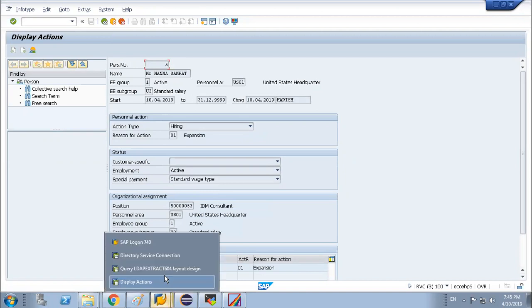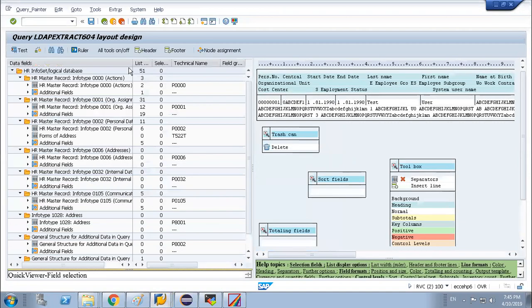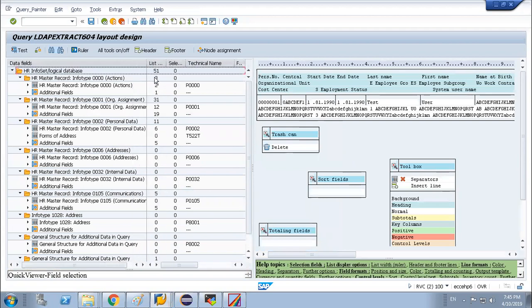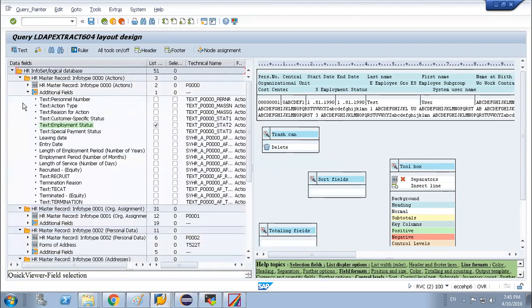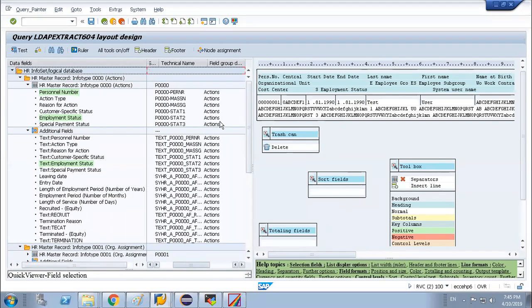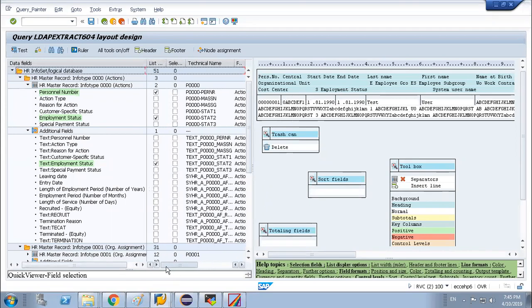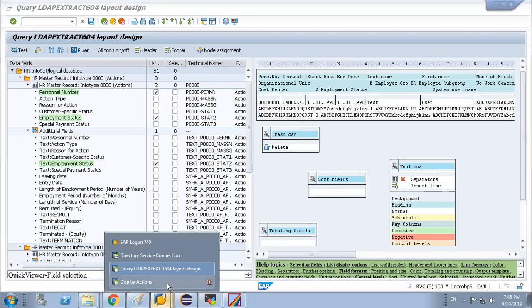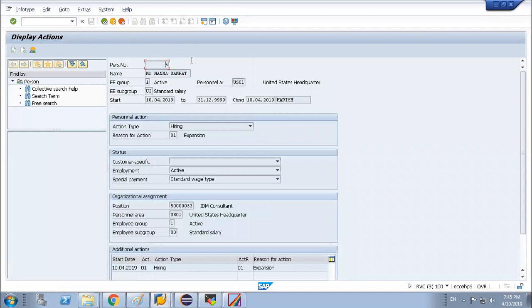So what are the things coming into the IDM system that are present over here? Under P000, on the right-hand side you can see this is the field group of action. So from this P000, what are we taking? We are taking partner.